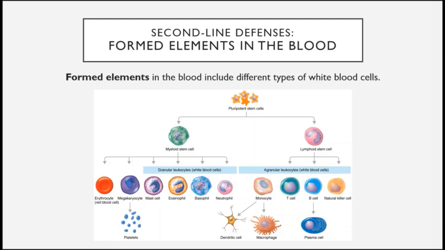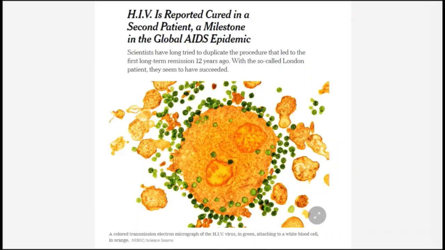There's a lot to see in this picture, but what I want you to focus in on are the mast cells, eosinophils, basophils, and neutrophils of the myeloid stem cells. And from the lymphoid stem cells, I want you to focus on the monocytes, T cells, B cells, and natural killer cells. We'll get into a discussion later about these formed elements, but first I would like to share with you this